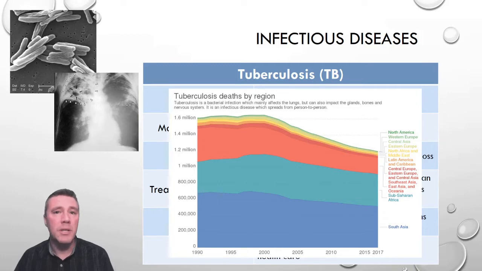TB is an important example of a historic disease, as it has been present in humans since ancient times. As a matter of fact, scientists estimate that TB has been responsible for the death of more people than any other infectious disease in history. In just the last 200 years, over 1 billion people were killed by tuberculosis.